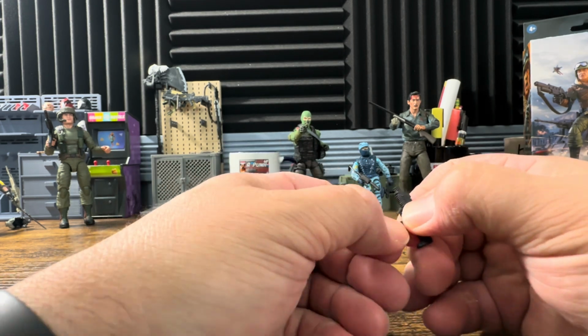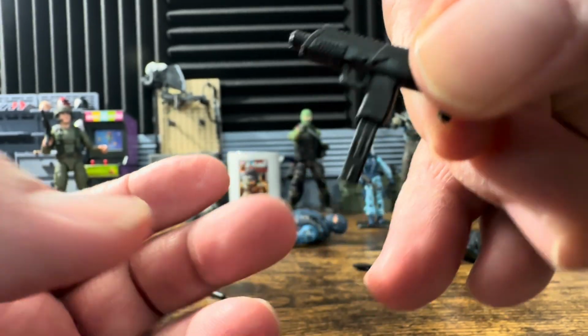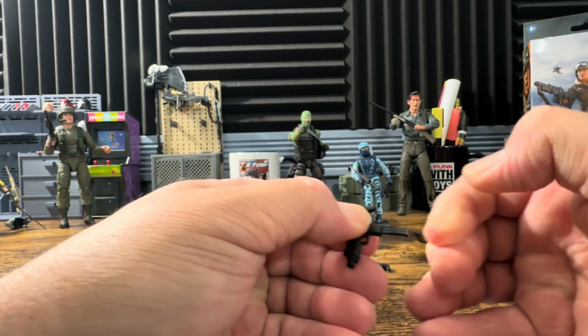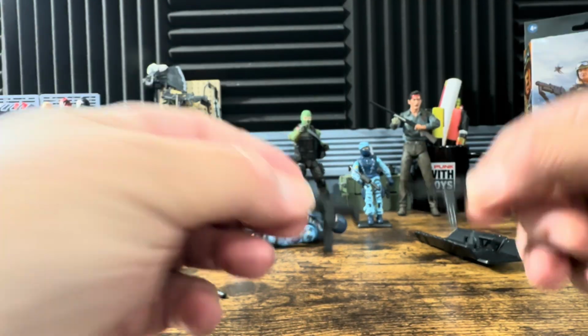I feel like they should go in a little bit further because it has a little rivet here. So it feels like it should go in all the way down like that, but I don't want to pressure it too much harder. It's not really going any further than that. And that's as far as this one goes also. So